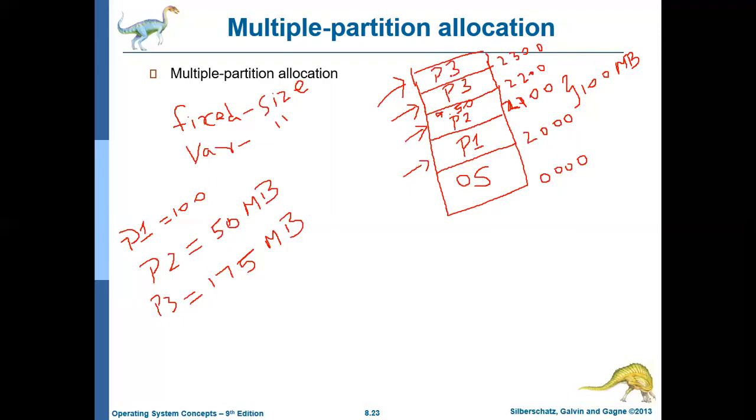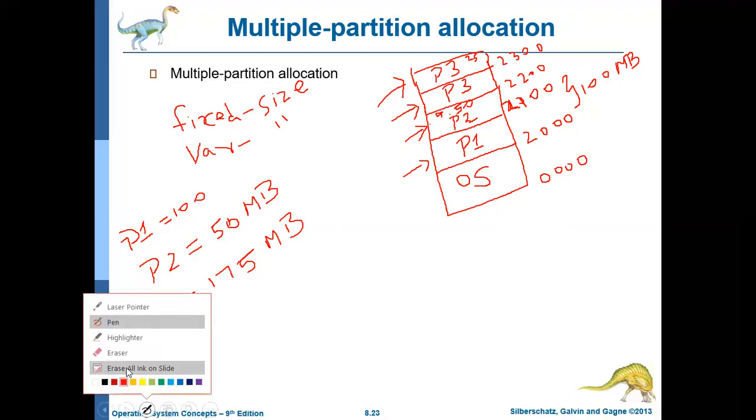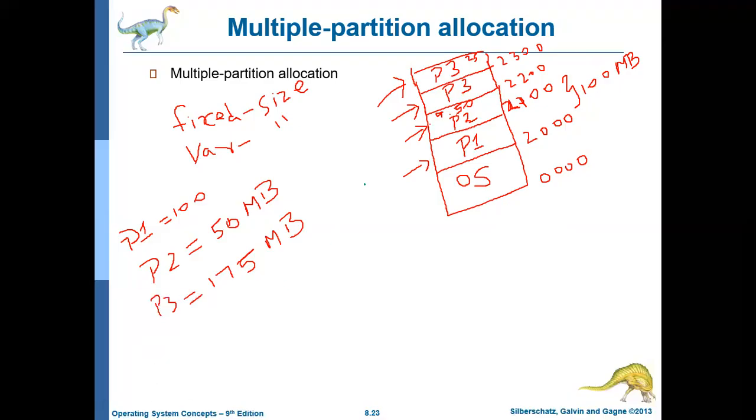Here it needs only 75 MB, so in this block 25 MB will be wasted. Again, for P2, 50 MB is wasted. So totally, the wastage is 75 MB.